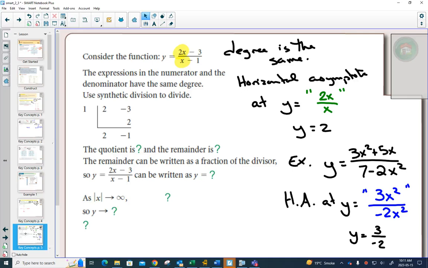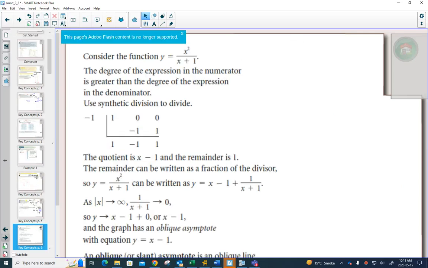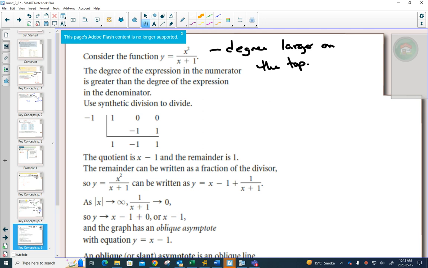The last thing that we look at is when the degree is larger in your numerator. And this will result